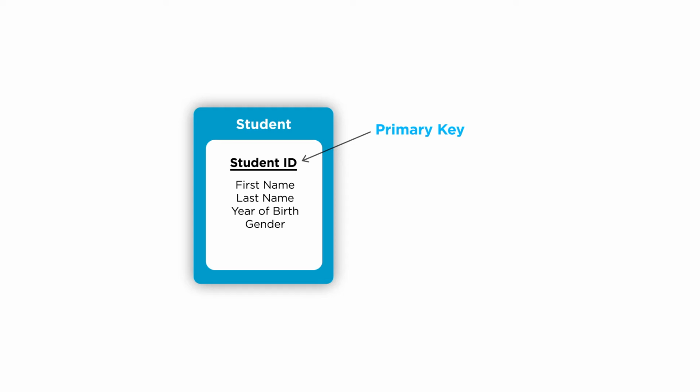A primary key has the following characteristics. Each instance has one and only one primary key. So you cannot have multiple primary keys for the same entity instance. Also, two different instances of an entity cannot share the same primary key. So, for example, in the case of students, if a student has student ID as the primary key, a student can only have one student ID, and the student ID cannot be assigned to more than one student.